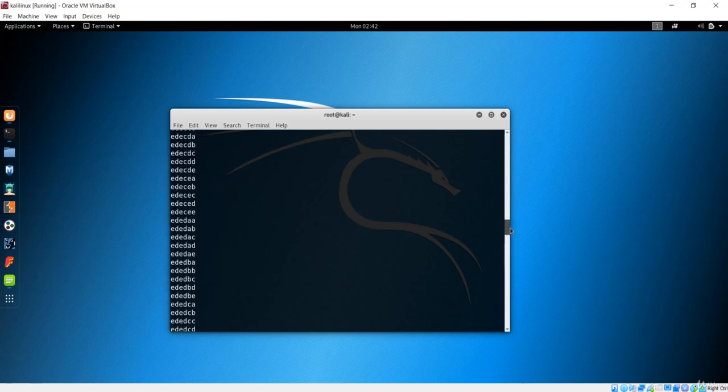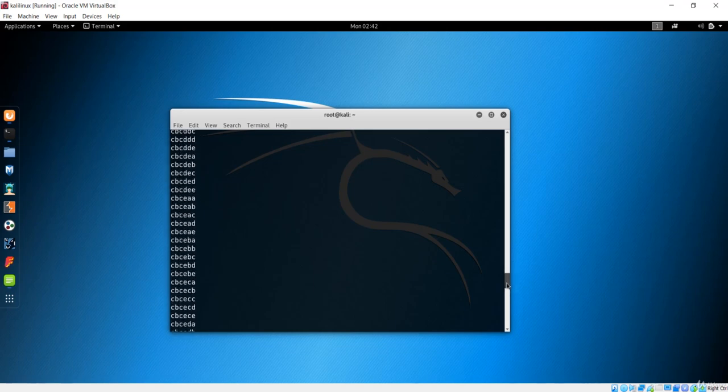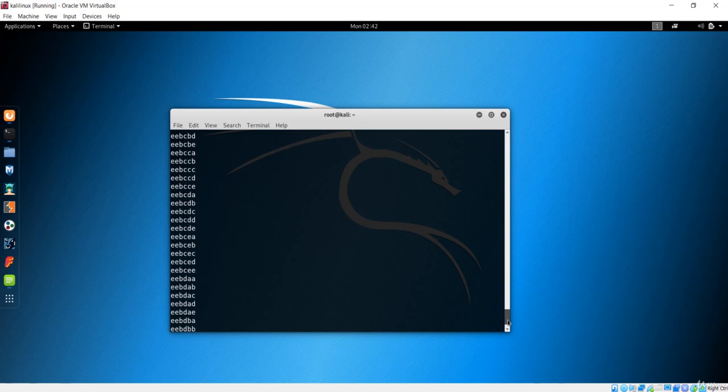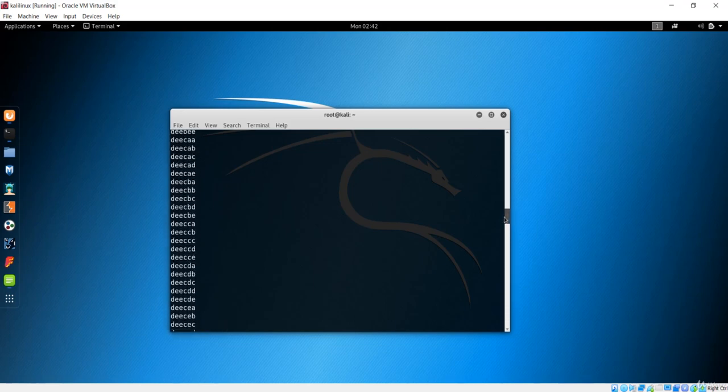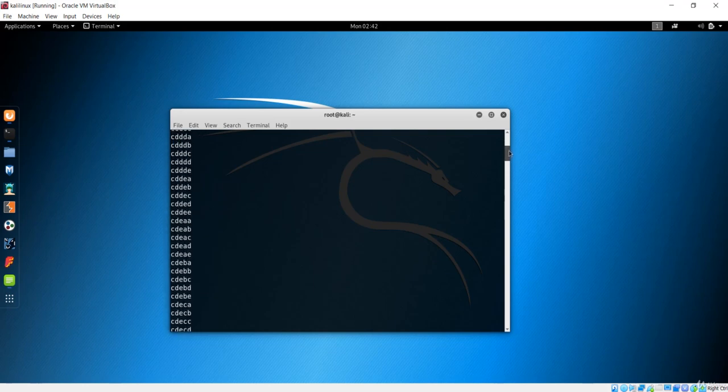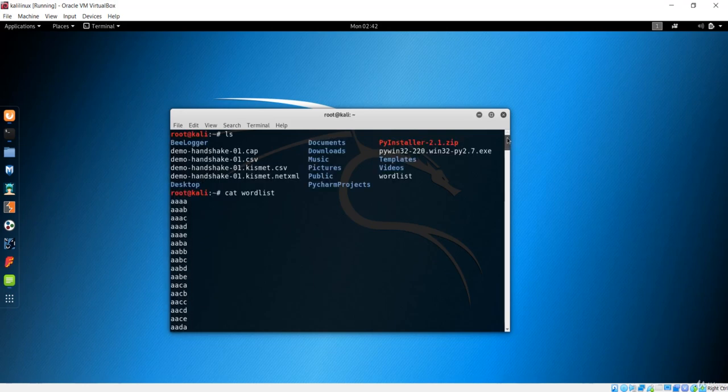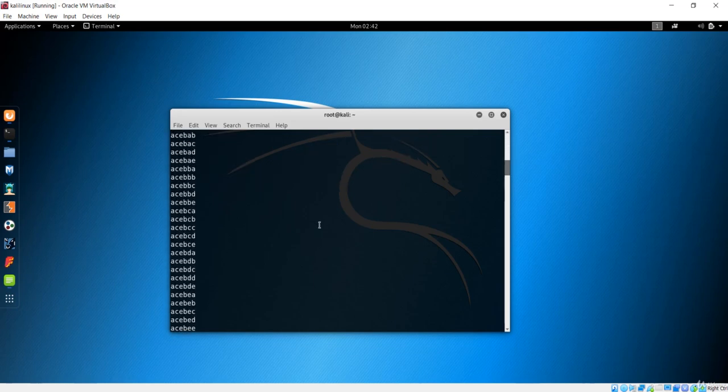And where is our actual keyword? That should be right here somewhere. So let's see if we edited and saved properly or not. It was maybe right at the top. Okay, I didn't see it, but there should be somewhere. So let's go down and use this in order to see our password.